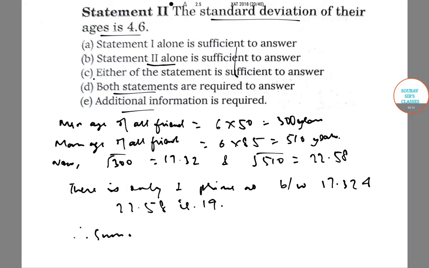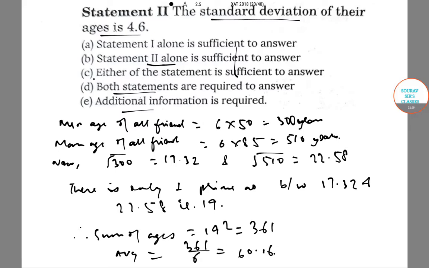Therefore, the sum of ages is equal to 19 squared, which is 361, and the average is equal to 361 by 6,